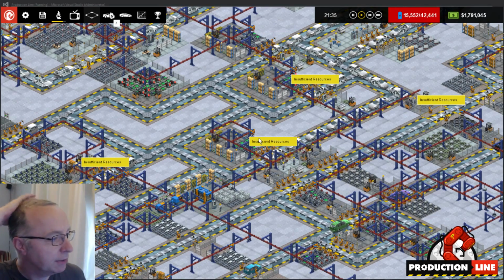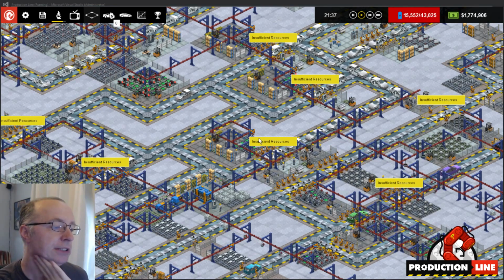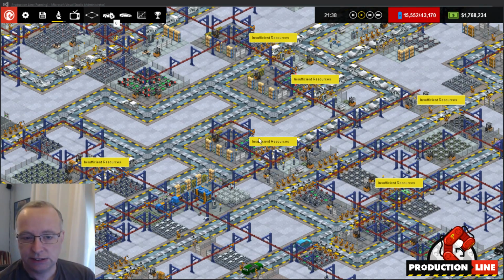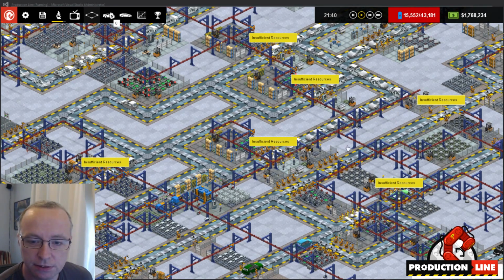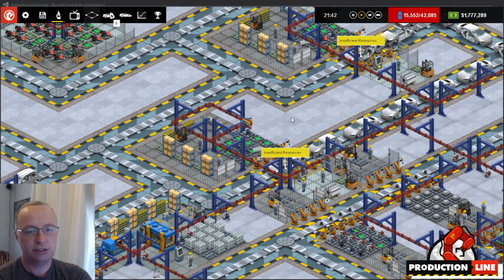I can't remember. So yeah, efficiency fixes, stockpile fixes, optimizations. I didn't get the design studio stuff done. Oh, what's happened? I don't know what happened there. I think I alt-tabbed. I didn't get the design studio stuff done